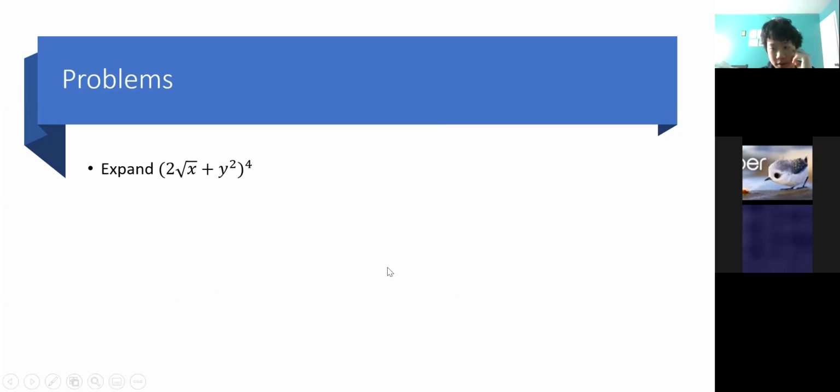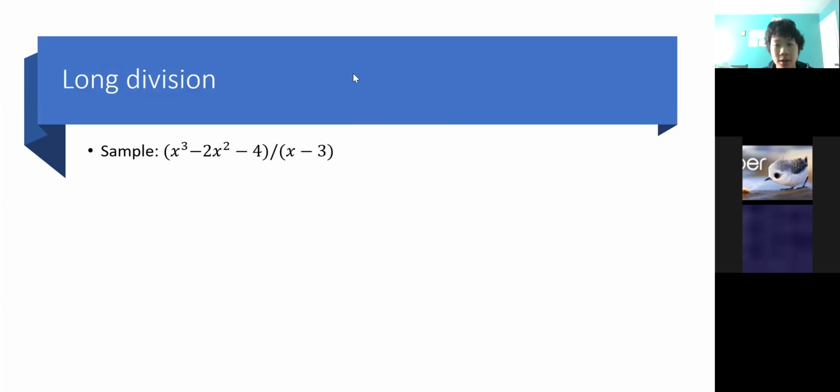Let's skip this one. This one is a little more advanced, but you'll have plenty of practice in the homework. I'm going to move on to long division. Remember when you did long division back in 5th grade, right? Okay, 216 divided by 6. How did we do these long division problems? Well, you look at the first term. How many 6's can go into 2? We can't put any